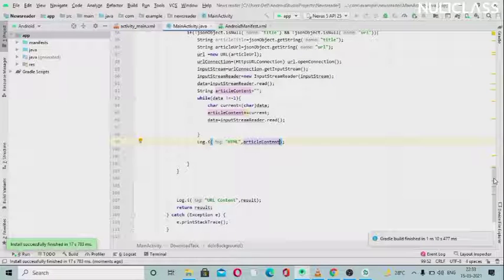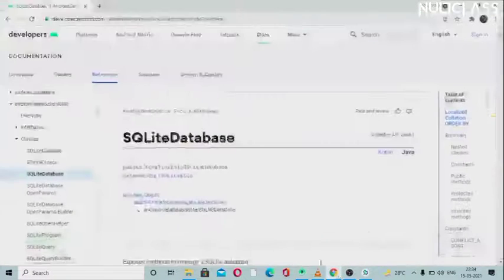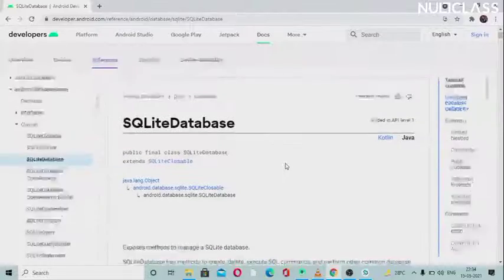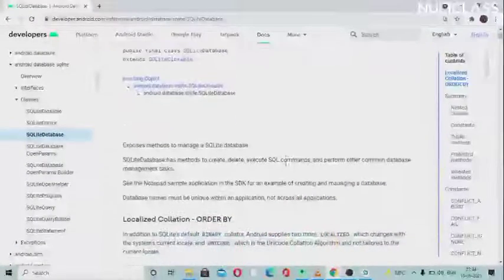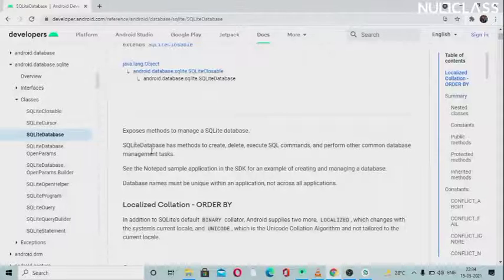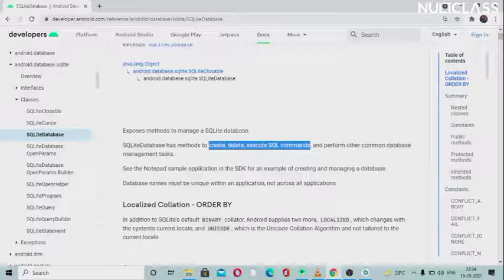To create that database, we need to study the SQL database. The SQLite database is basically present in the library of our Android Studio. These are the methods to create, delete and execute SQL commands. So what are these SQL commands? SQL is basically a language, and it can perform common database operations.